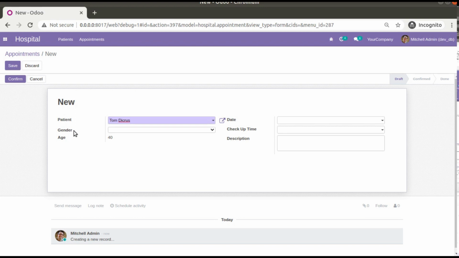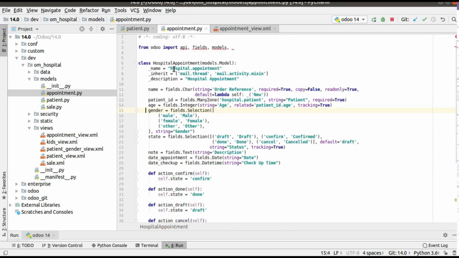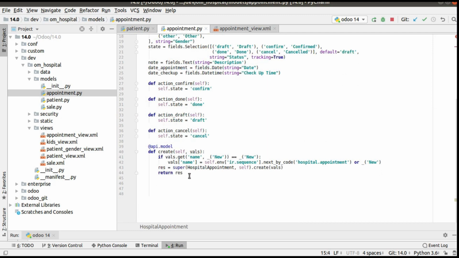We are going to write the onchange function for this field. The model is hospital.appointment. So if I go to PyCharm and open the corresponding model, here I have to write an onchange function. To write a function, you add def onchange_patient_id.